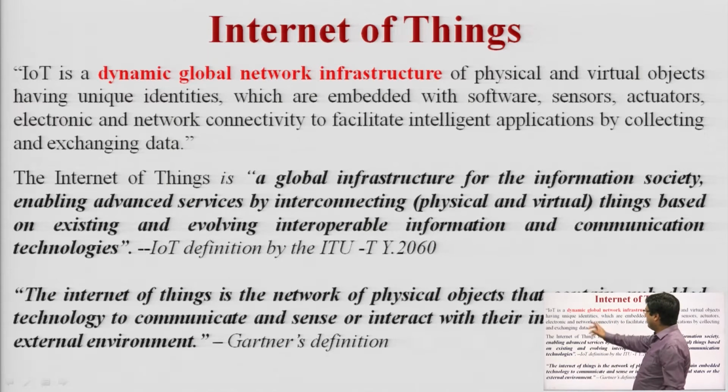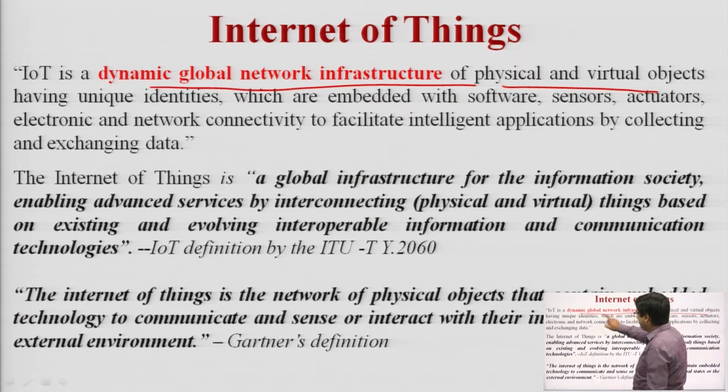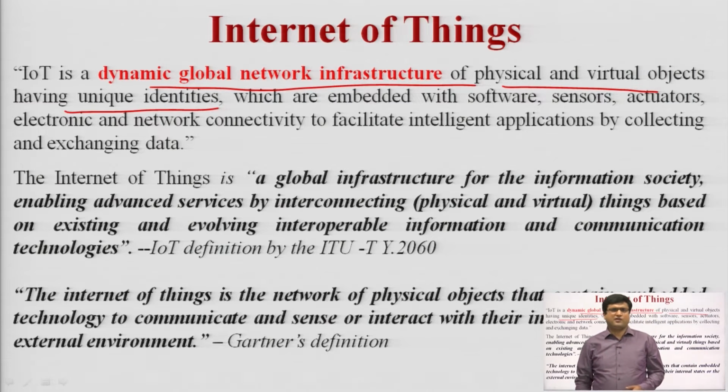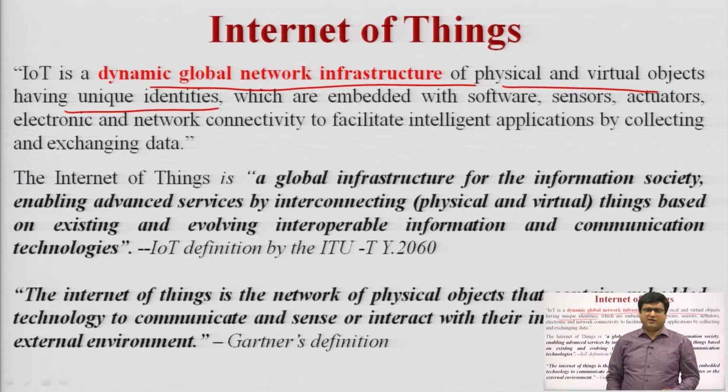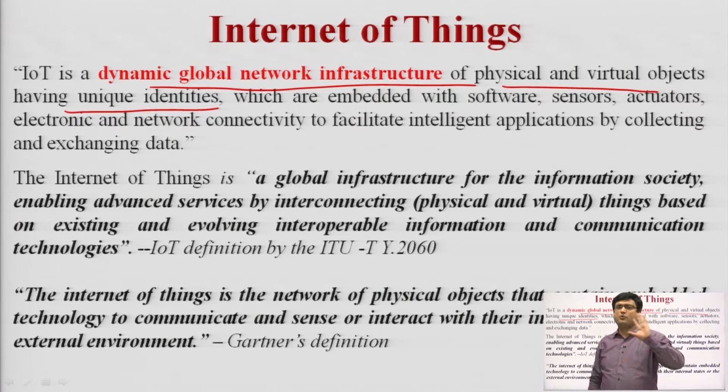So, basically IoT is a dynamic global network infrastructure of physical and virtual objects that have unique identities. That means that all the things connected to IoT have a unique identification. Why is unique identification needed? Because there are numerous devices. If there is no unique identification, how can one thing be connected with another thing, and how can we identify the particular device? That's why each device has a unique identification,